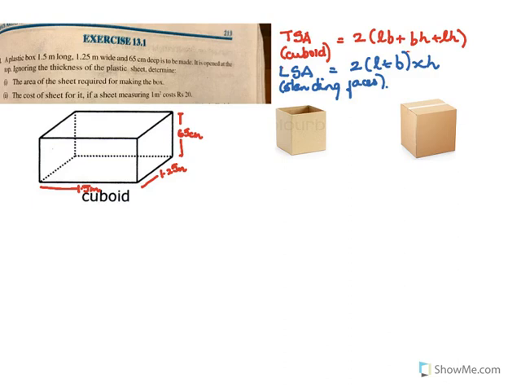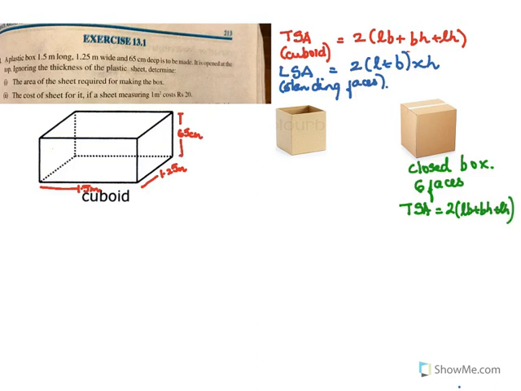Now before we start the sum, let us see the difference between a closed box and an open box. Here we have a closed box, and for a closed box you know it will have 6 faces, and we'll use a formula for the TSA. You would have by now practiced the formula for TSA of cuboid. So the total surface area of this box would be 2(length × breadth + breadth × height + length × height),